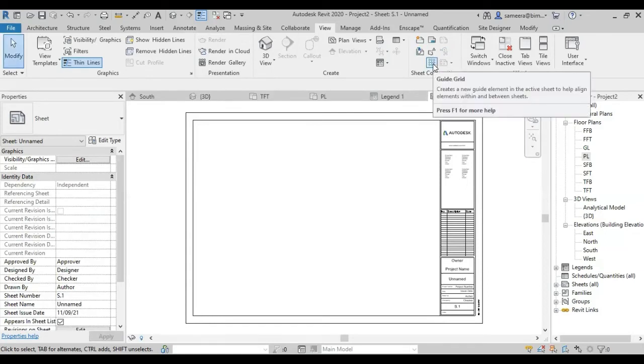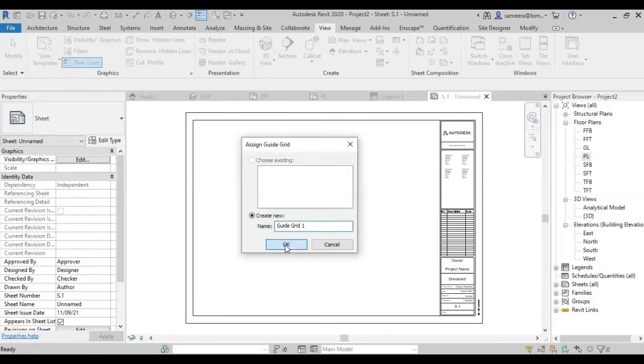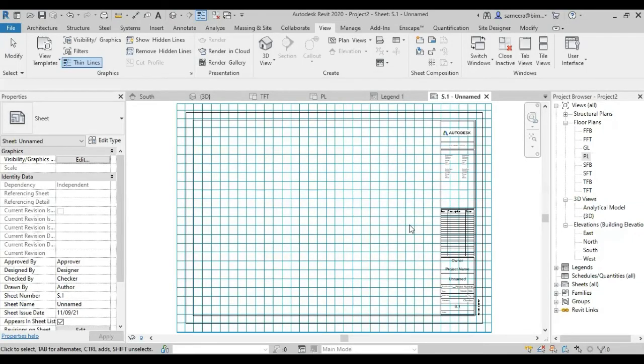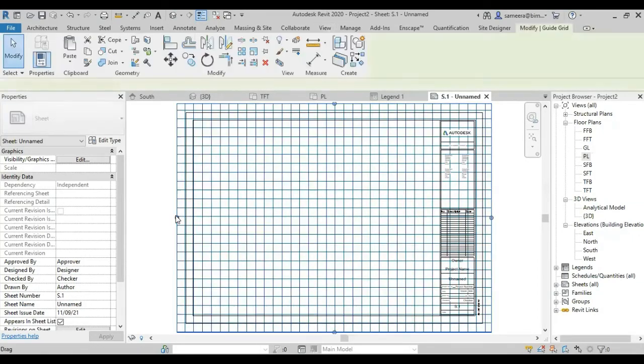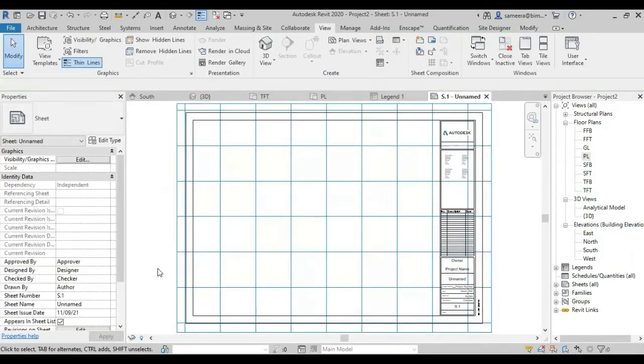See, the question can be to make a grid on the particular sheet A001. So you have to place a grid division for your sheet. Then they mention that the spacing of the grid should be like this. If it is 100, you have to provide the grid distance as 100.